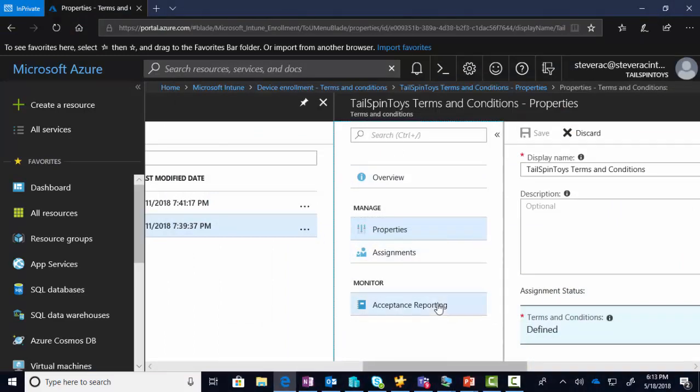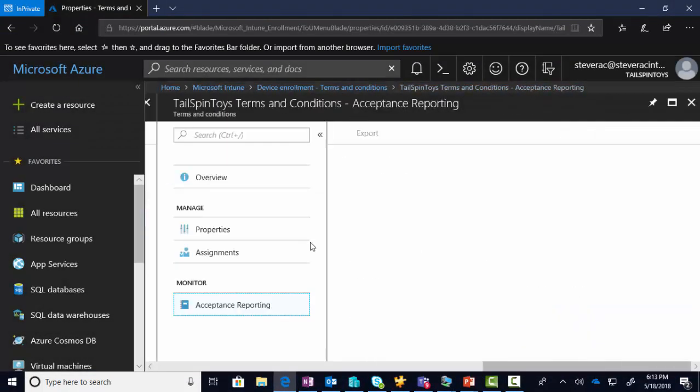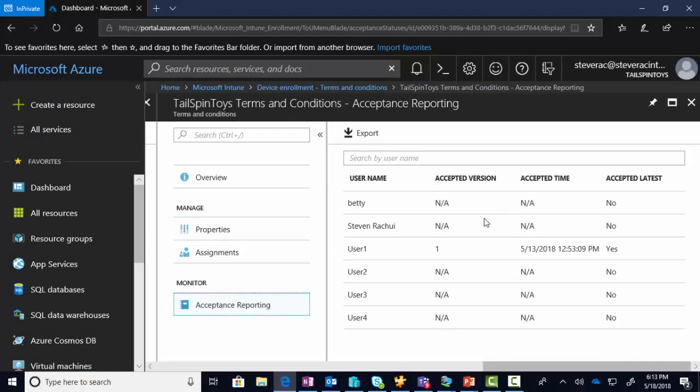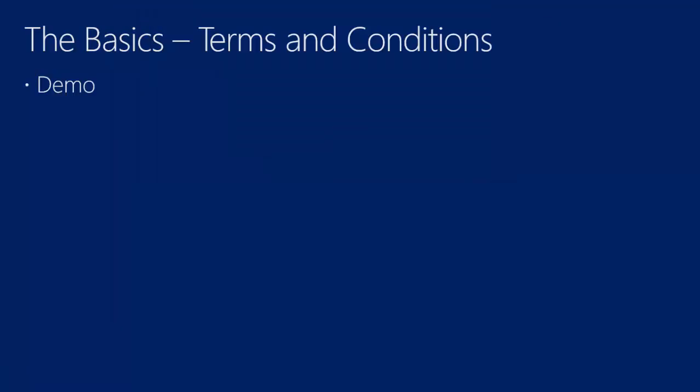Now, so if I go back to Intune, may not be there quite yet, but acceptance reporting loading up, and so you'll see, hey, I actually have accepted this particular terms and condition, and this one happened in the past, so the new one hasn't quite made it here yet. That should show up over here in a minute, but you still see, you can track the users in your environment and so on, and whether they accept, what the time is, and so on, right? So terms and conditions, interesting thing to be able to bring to bear, and again, something to plan for as you're considering enrollment. Okay,